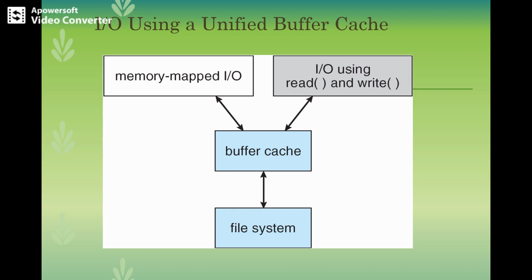This kind of unified buffer cache avoids the extra data movement within the system memory because both the memory mapping and read and write system calls use the same page cache, which has the benefit of avoiding double caching and allows the virtual memory system to manage the file system data. Regardless of whether we are caching disk blocks or pages, LRU is the most reasonable general purpose algorithm for block or page replacement. There are also certain systems like Solaris which implement priority paging, in which the page scanner gives priority to process pages over the page cache.